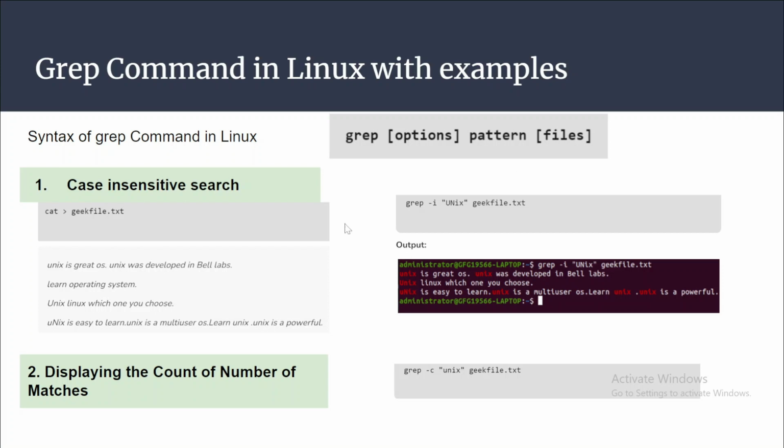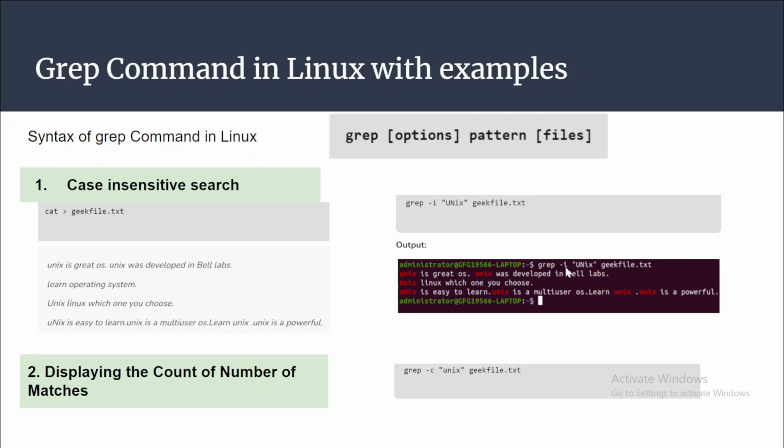Okay. So the first example is the command grep -i. The pattern I am fetching is Unix, and the file name is geekfile.txt. Within this file, we already know that to visualize the content of a file we use the cat command. So these are the 4 lines in geekfile.txt. Now what I'm telling my computer is that I want to fetch the pattern Unix in this content. And with the option -i I am making it case insensitive. So I'm not worried about uppercase or lowercase. If it matches unix, it will give me the output.